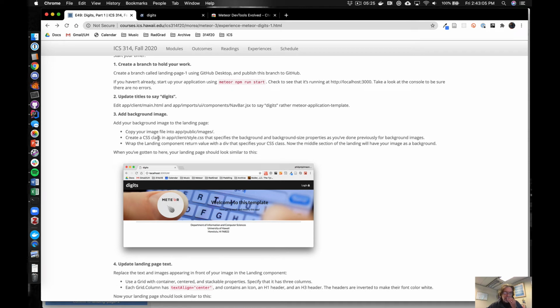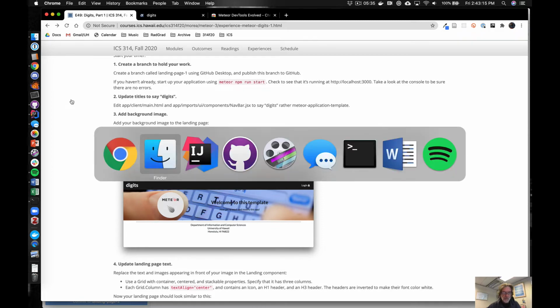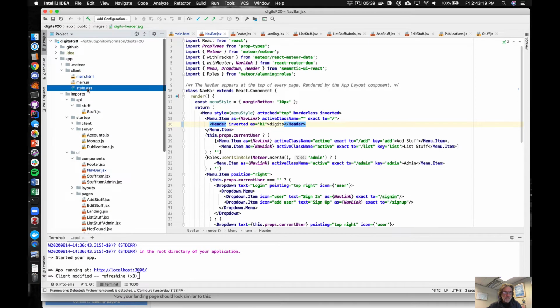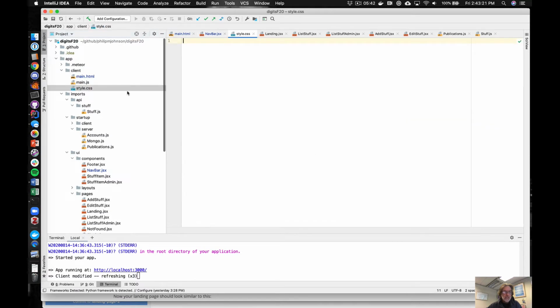Now we're going to create a CSS class in app-client-style.css that specifies the background and background-size properties, as you've done previously. So hopefully you're pros at this whole process by now, and we just have to put the style stuff in the right place. So we go to app-client-style.css, and we're going to create a class called digits-landing